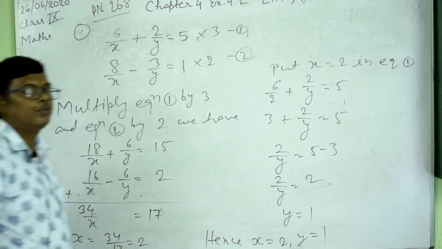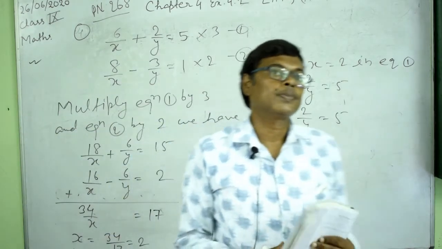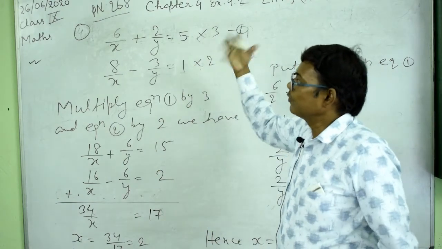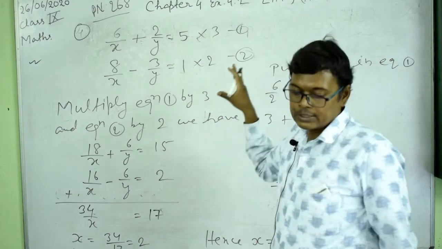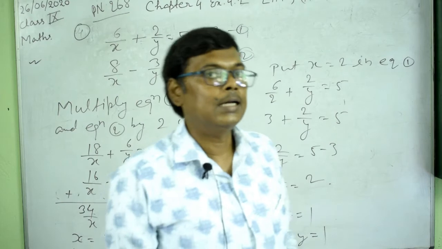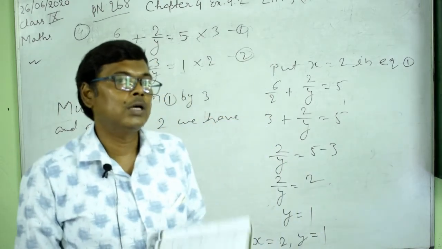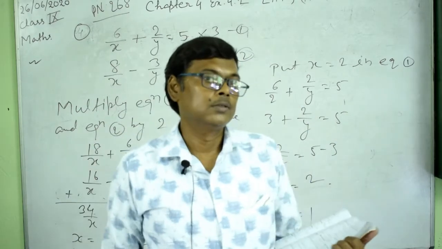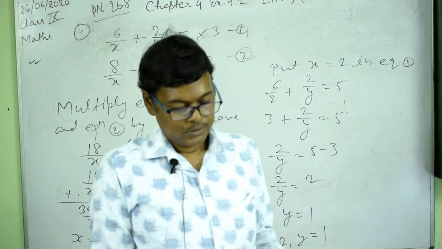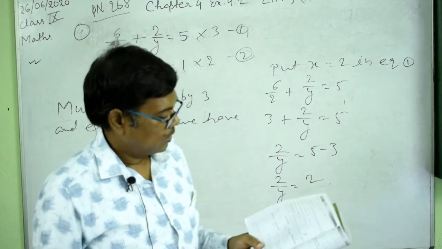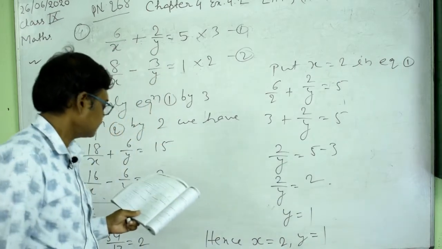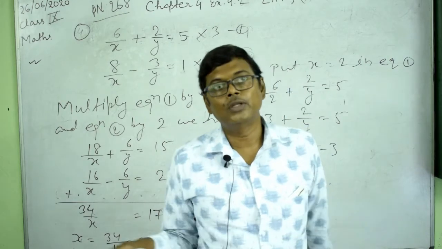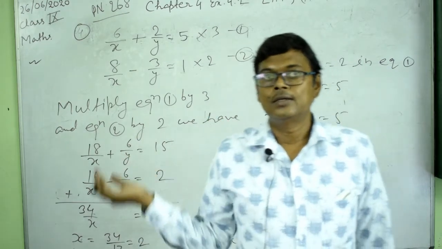And I told you before also that you can also use that method, that is, you can substitute u or v, that is, you will make a simple equation and then solve, okay. But I think it will be better if you understand this, but if you have difficulty in understanding this, then you can follow that method also, okay. But you will get the same answer. So now next question here, number 7, okay, number 7. All these questions are similar, a little bit different here, but here I am solving all these questions directly without any other substitution.